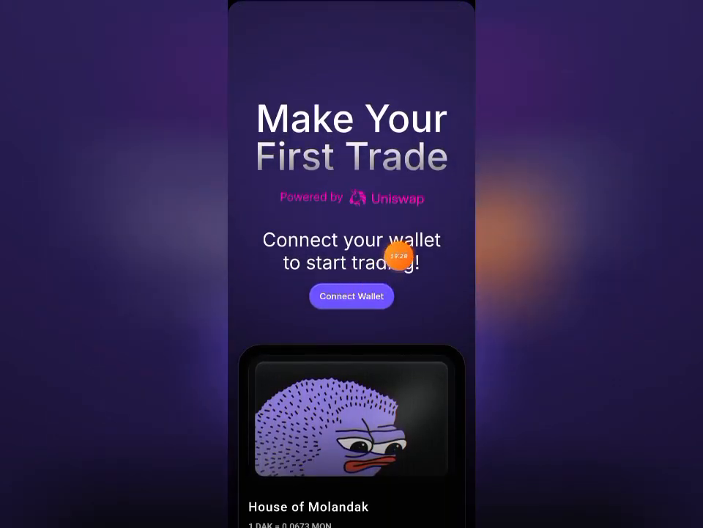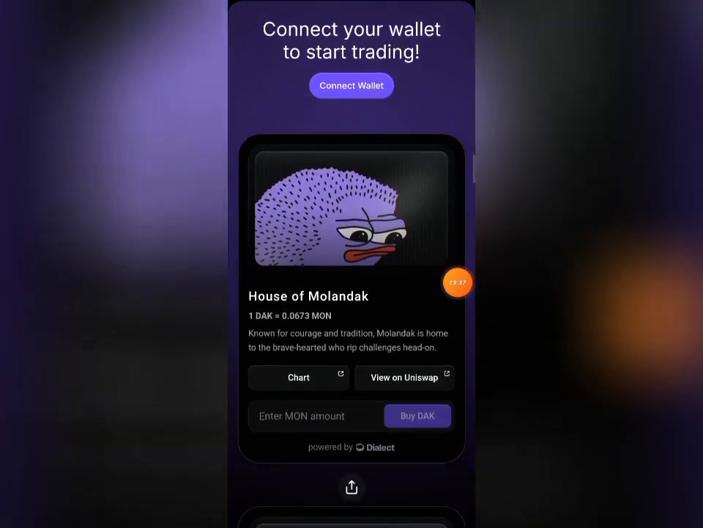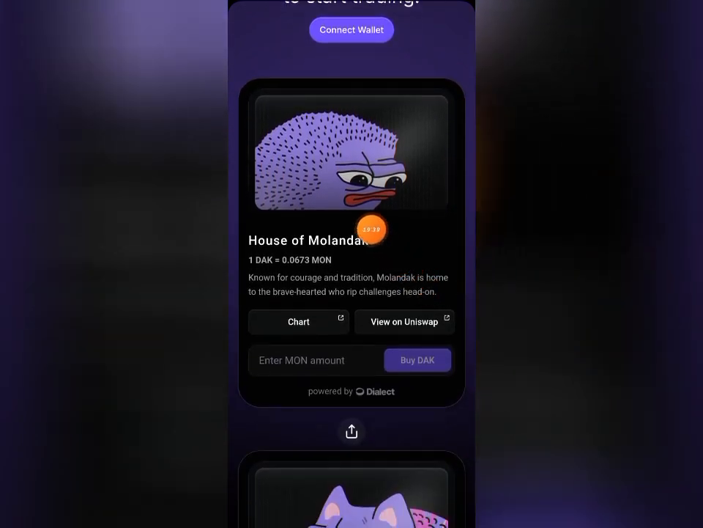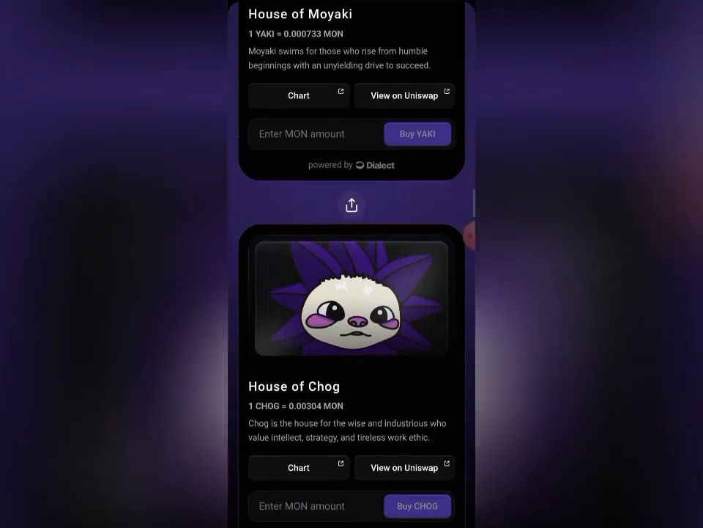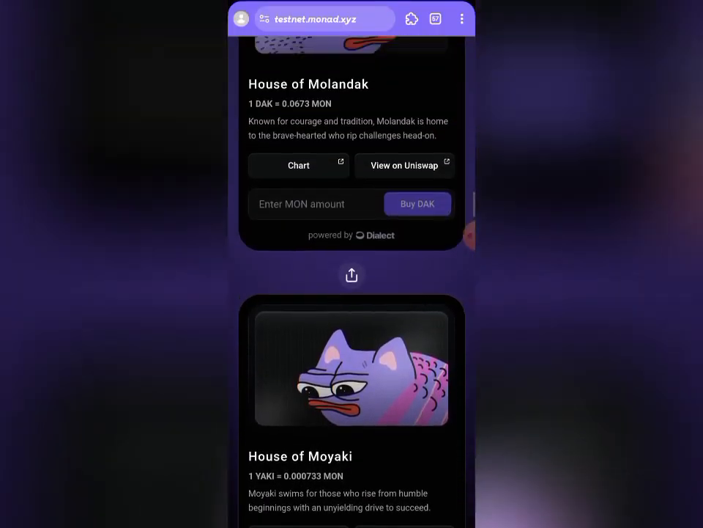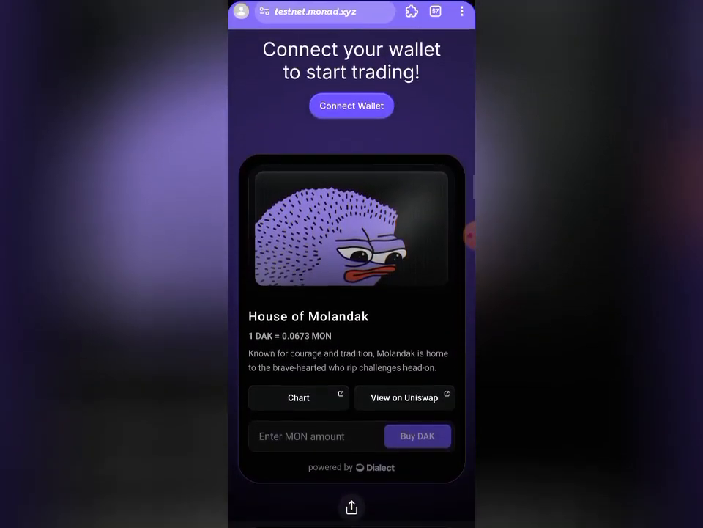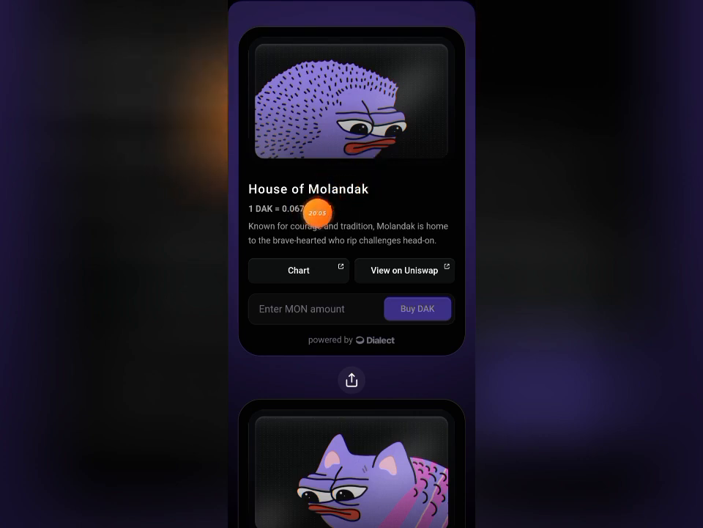You can see my wallet has disconnected, but that doesn't matter. So you can see make your first trade, connect your wallet to start trading. So you can now start trading these things here. There are 3 main tokens here that you need to trade. This is one, this is the second one, and this is the third one. Now if you look at up here, you can see that they are telling you that one DAC is equal to